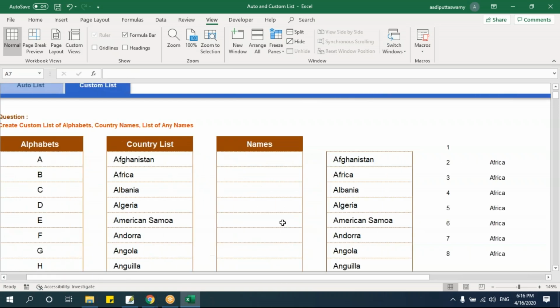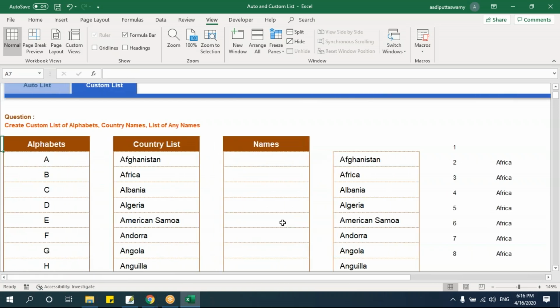The list is very important when you're creating reports, that is, similar kinds of reports. Say on a daily basis I might get reports, on a weekly basis I might get reports, or monthly. But when I have a similar kind of list, I can use this custom list. Sometimes HR will have a list of people. So every time they cannot go and keep pasting it, or keep typing the list of names. They can just drag it and utilize this option.